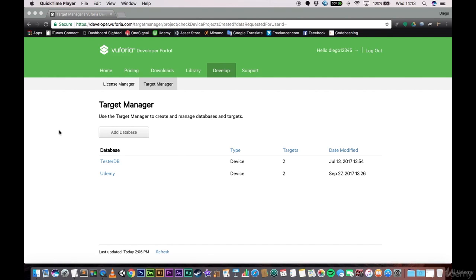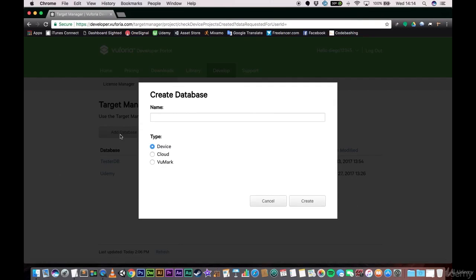Now, the way to do this is to create a database online for us to then download into the software. That means that our app will have our own custom image targets to scan for in the real world. So I want you to click Add Database, and I'm going to call mine AR game, for example. You can leave the type as device for now,